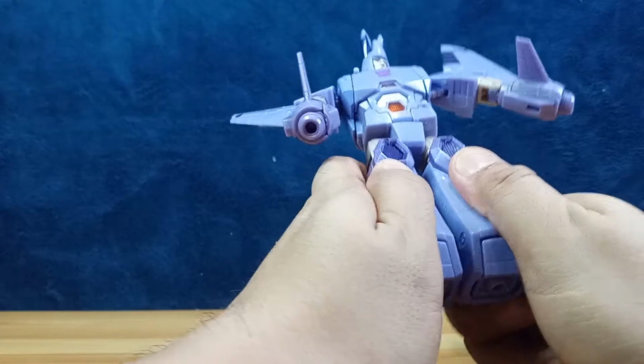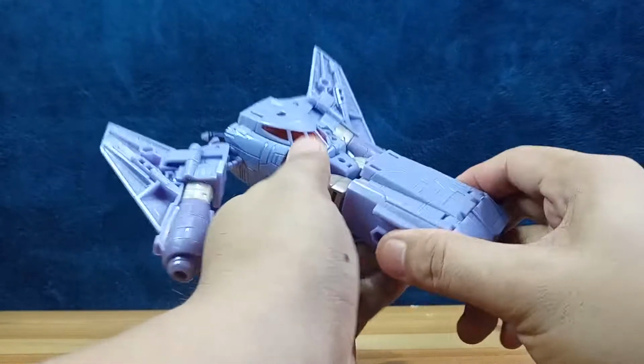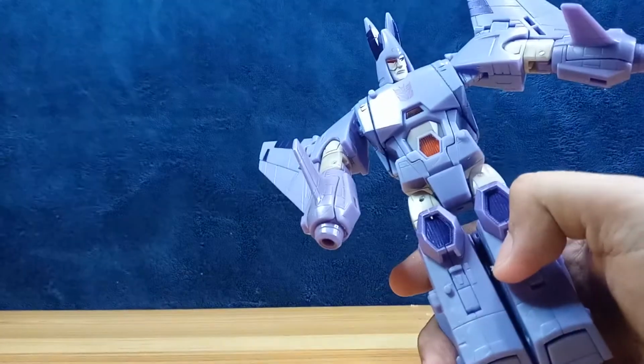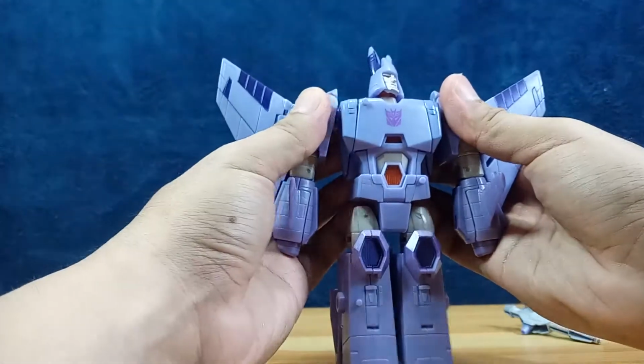Now you could tab them together. And that's a very clean transformation actually. Simple but yet very clean transformation there. Now for his spaceship, spaceplane head, untab those